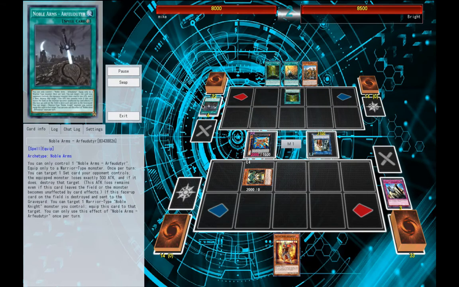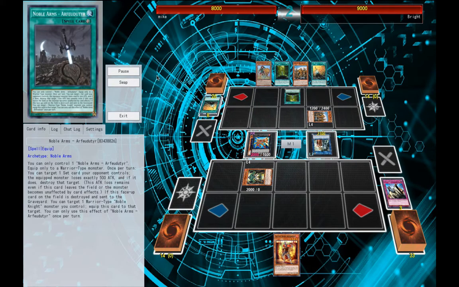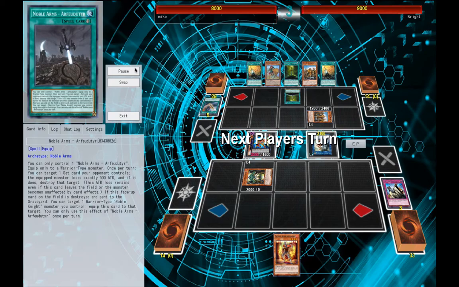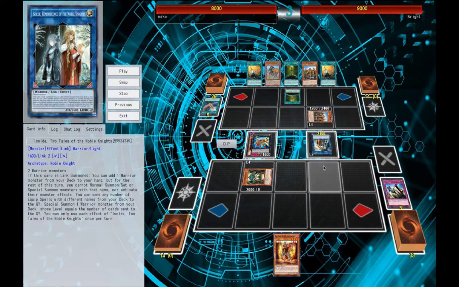Go for Iseult, equip things because they destroyed, and he gets a search. And he's just gaining life points at this point. So he summons the Brothers, that lets him get another draw. And that's all he does. But I don't see why he didn't battle here. That was a little confusing, unless he...